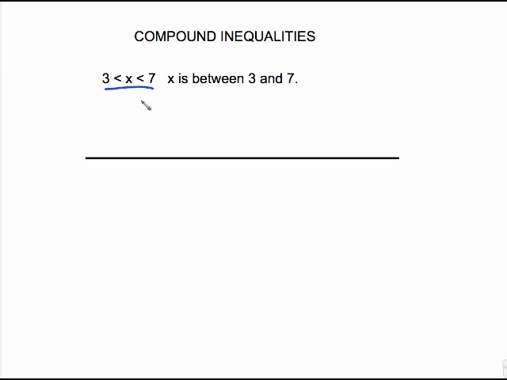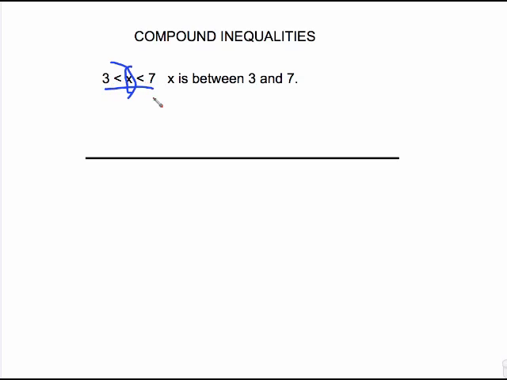This video is on compound inequalities. This statement right here is considered a compound inequality because there are two inequalities in one. This part right here says x is less than 7. But if you just look at this part here, this says x is greater than 3. So at the same time, we want all of the numbers that are greater than 3 and less than 7